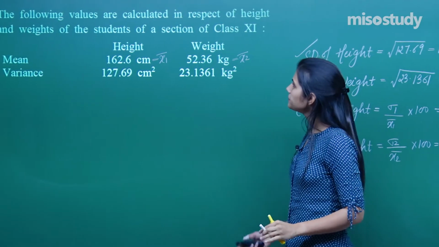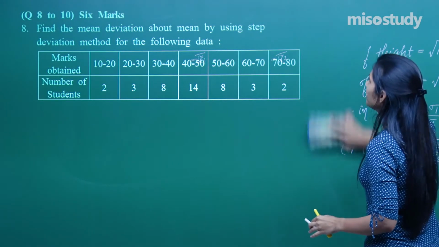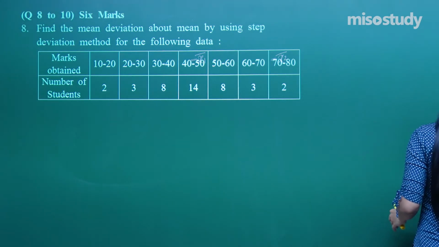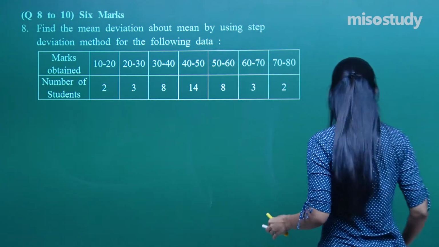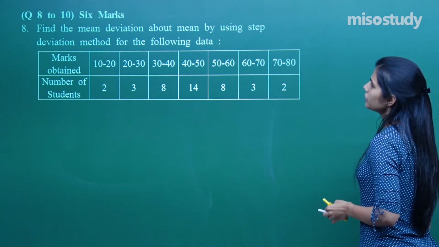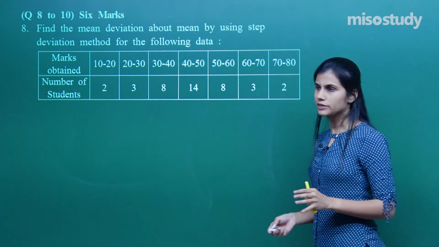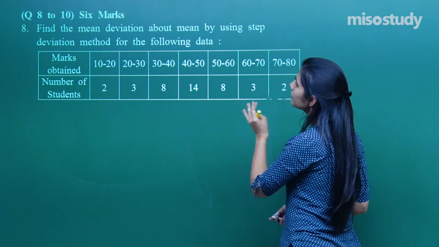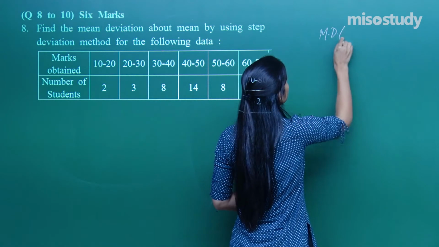Next we have: find the mean deviation about mean by using step deviation method for the following data. Okay. Find the mean deviation about mean by using step deviation method for the following data. In here, this continuous frequency distribution is given to you. If I need to calculate the mean deviation about mean by using step deviation method, first of all understand